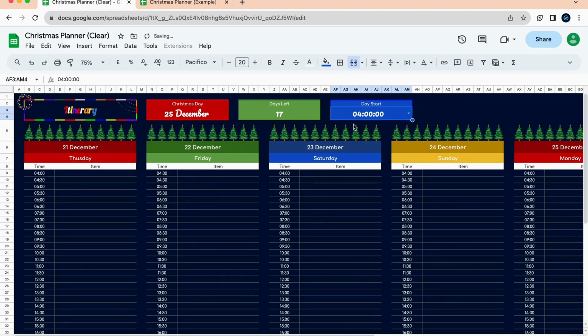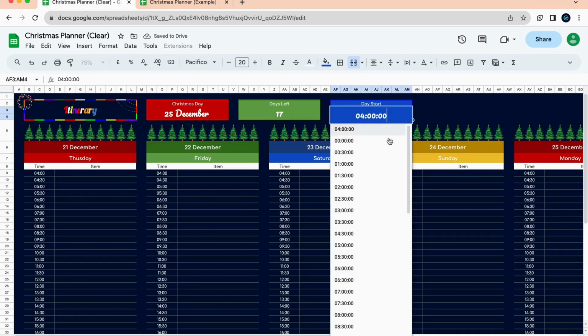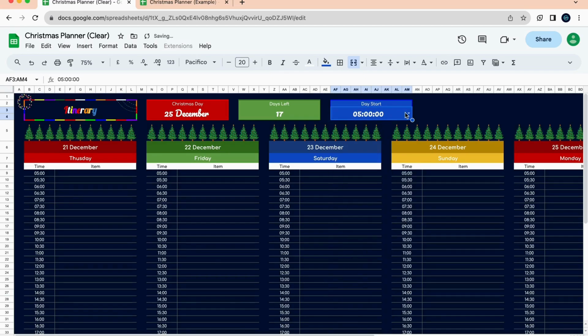And all of it here changes to 4. Then you want to say maybe 05, maybe that's what the day start is for you. But the day start for us is 7. And the reason why it is so important that you get started with that is because if you input information